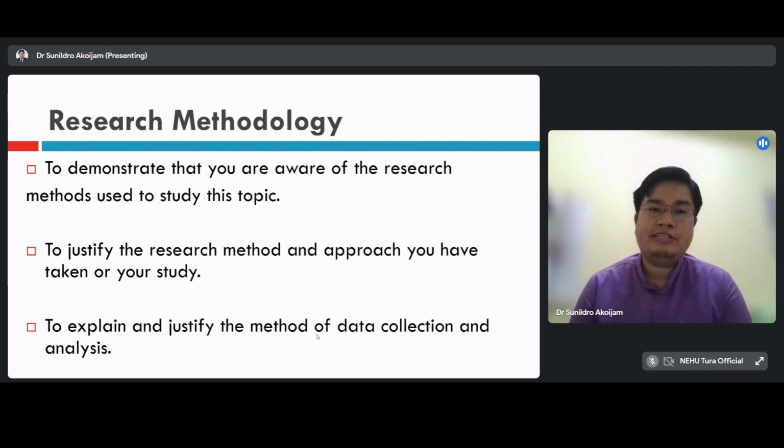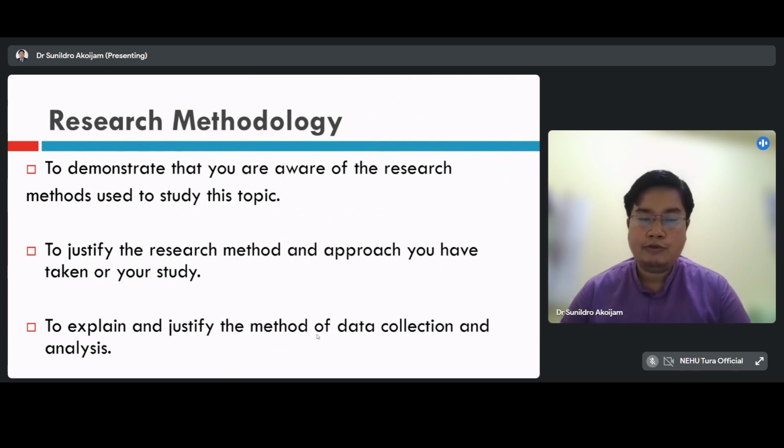Whenever a reviewer reads your research methodology section, they should be clear about how you have done the work. But in many cases, the research methodology is written in an unclear way. So the reviewers have doubts: if the methodology is unclear, then how did they conduct the research? It gives a very bad impression when evaluating the research paper. So whatever methods and techniques you have used, you should write them in a very clear manner.